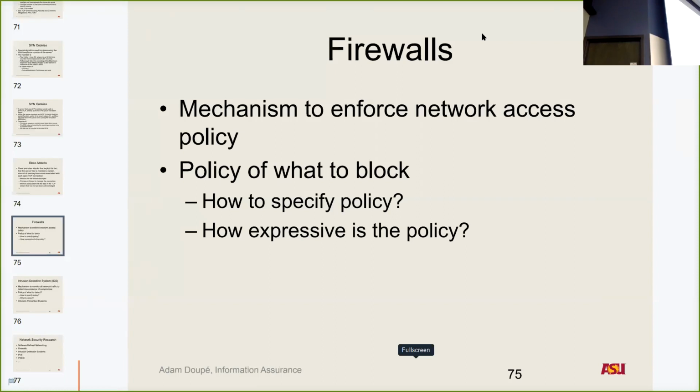Let me actually switch back to here. We'll redeploy this. There we go. Okay, well, how are we doing on time? Okay, I think we're doing okay. Cool. Okay, so